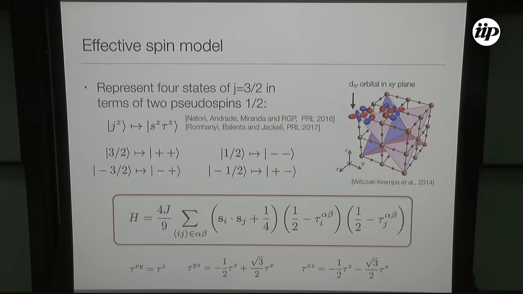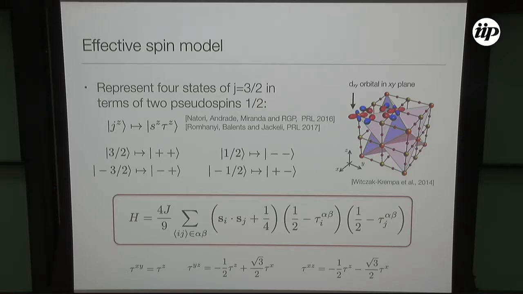This is chosen so that the states here, which are conjugated by time reversal symmetry, differ by the first eigenvalue. So this would be the Sz eigenvalue. I'm going to call this the pseudo spin. And they have the same eigenvalue for the second operator here, the tau z. I'm going to call this the pseudo orbital. These are all pseudo because remember this is a system with strong spin orbit coupling. So these things are already coupled, but S here is something that behaves like spin, and tau is something that behaves like an orbital degree of freedom.